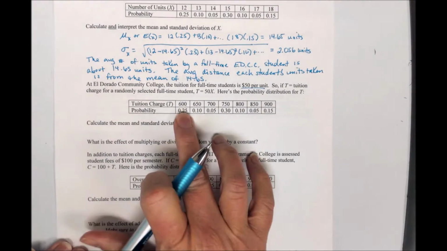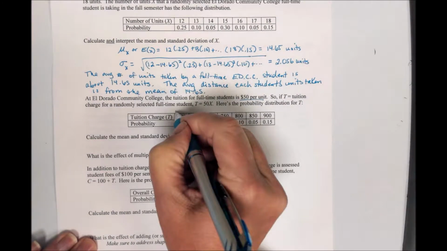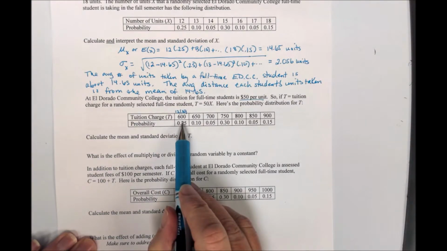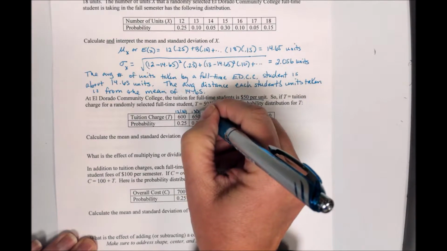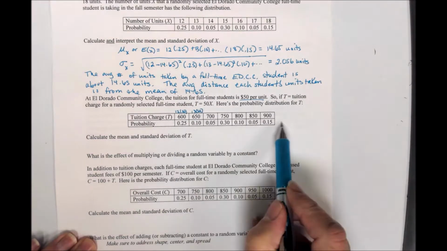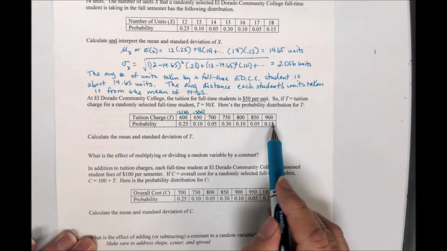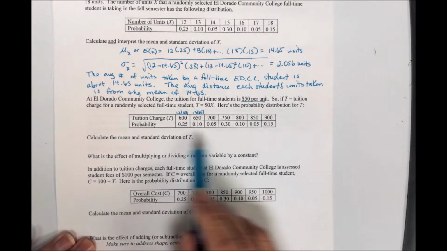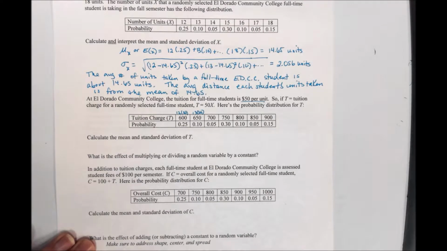So where do you think I got the 600, 650? Well, if they take 12 units times $50, that is $600 for tuition. 13 units times $50, and you can see how these numbers were created. So each unit they take is $50. This is going to be the tuition cost for taking those same amounts of units, and the probabilities stayed the same. So if I want to find the mean and standard deviation of T,